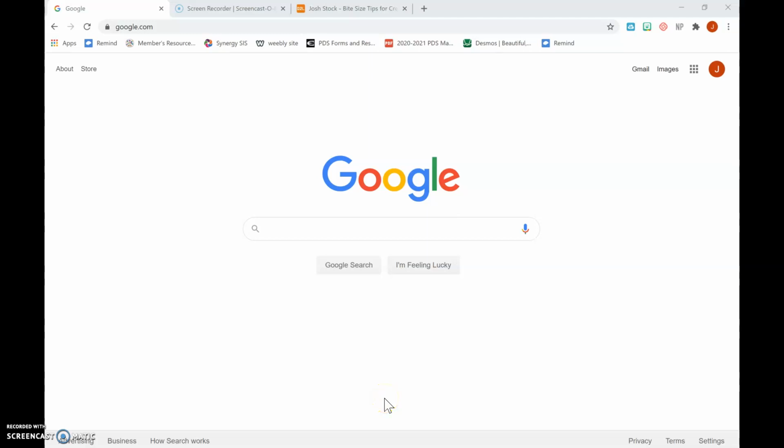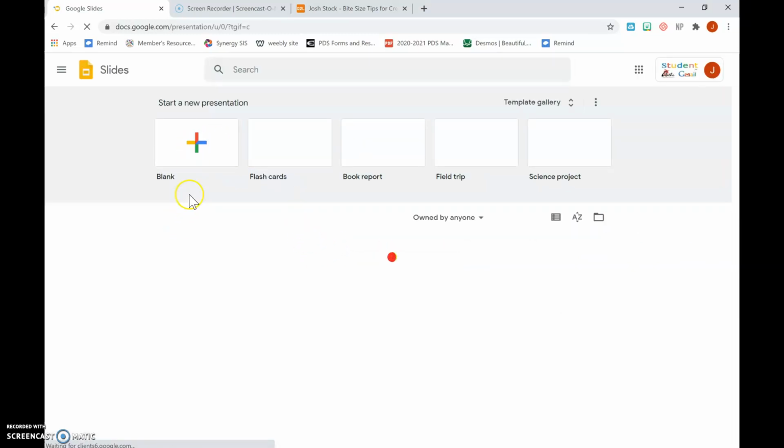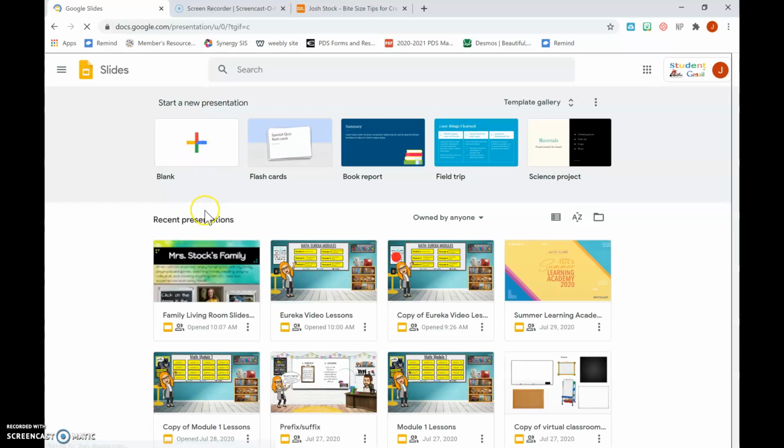Okay, I had a few requests to show you how I made my classroom website. So the first thing you need to do is make sure you're signed into your Google account and go to your waffle. I'm going to open up Slides because that's where I'm going to create it, and I'm going to create a new blank